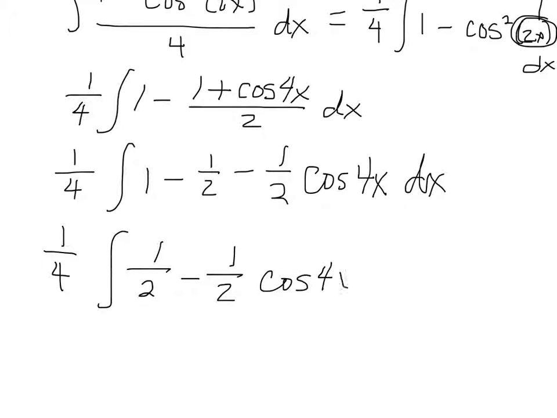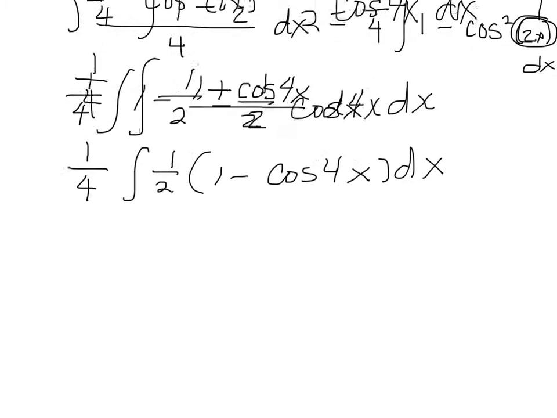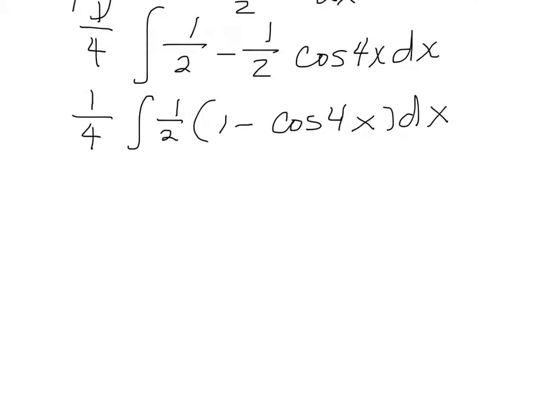cosine of 4x dx. Now to make this a little simpler, I'm going to factor out a 1/2. So this will be 1/2 times (1 minus cosine of 4x) dx. And we're just going to do that so that we can pull it out. So when we have the 1/4 times 1/2, we'll have a 1/8 times the integral of 1 minus cosine of 4x